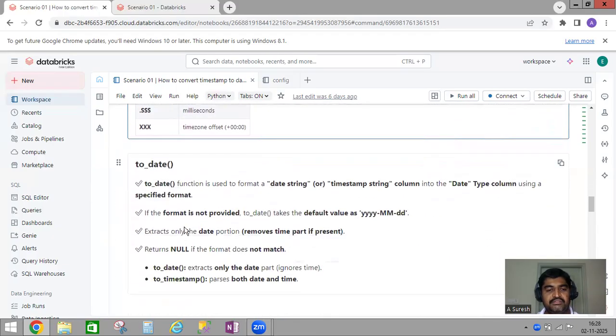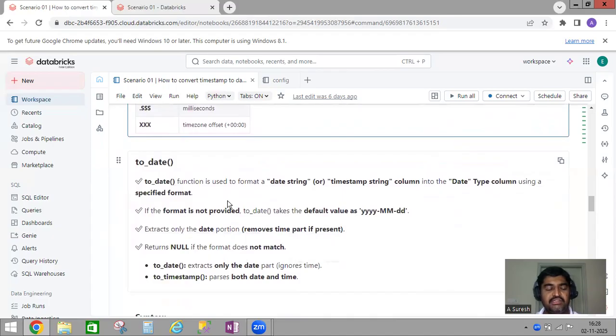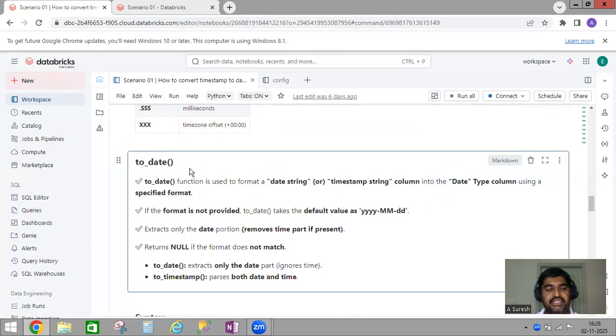So next, I'm giving high-level information on the to_date function. I already made a very detailed video on how to use the to_date function. It is in my PySpark playlist. Here, the to_date function is used to format a date string or timestamp string column into a date type